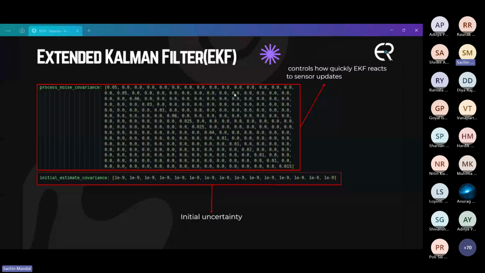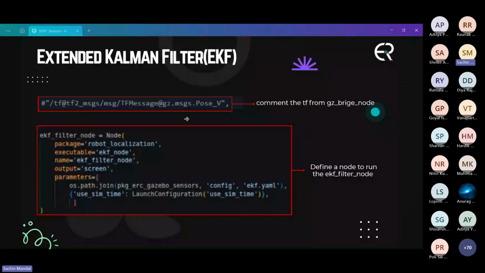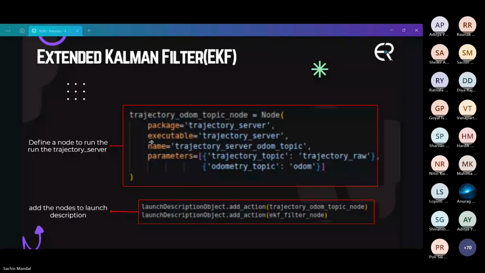I will just do a few tweaks in the robot launch file: comment out the transform done by the bridge node to let EKF do that, and create another EKF filter node to run our config file. And then also add another node to turn on the trajectory server, and finally add those nodes to the robot description.